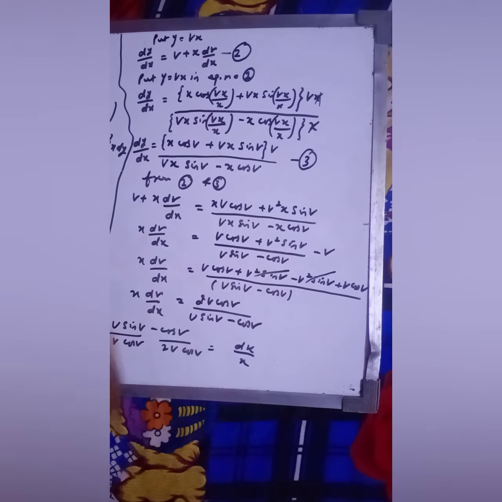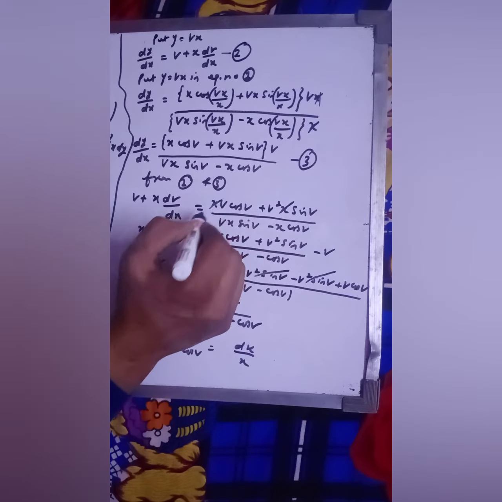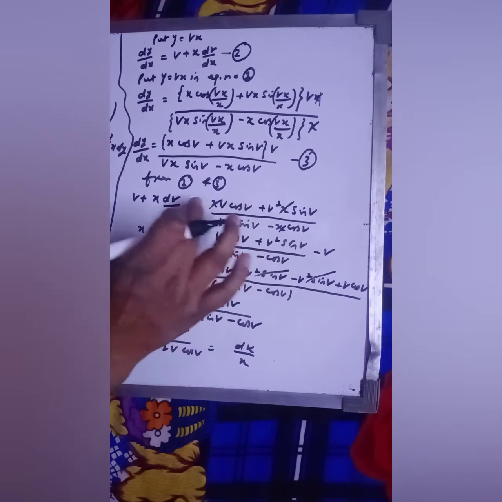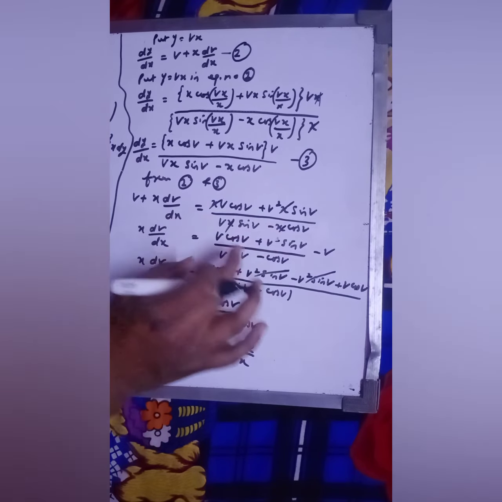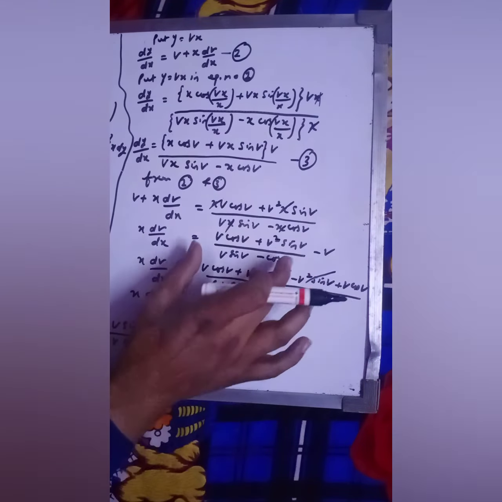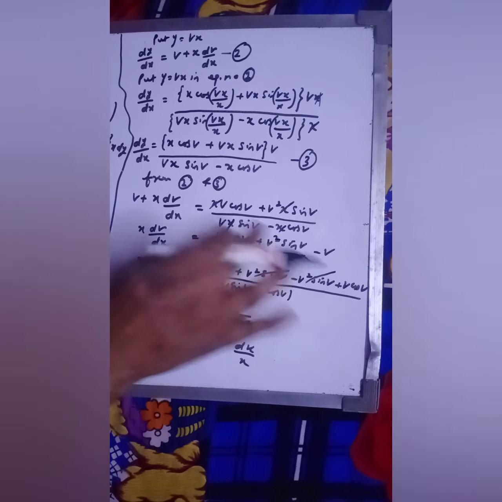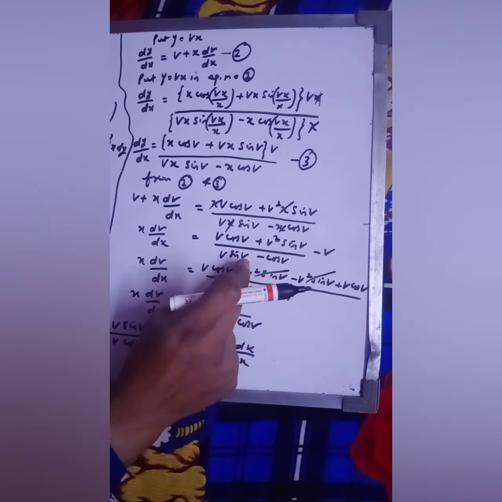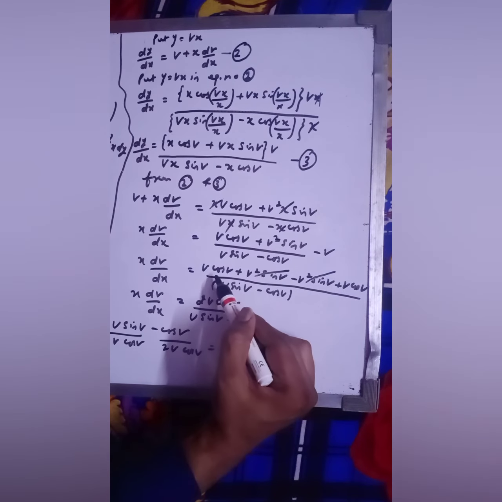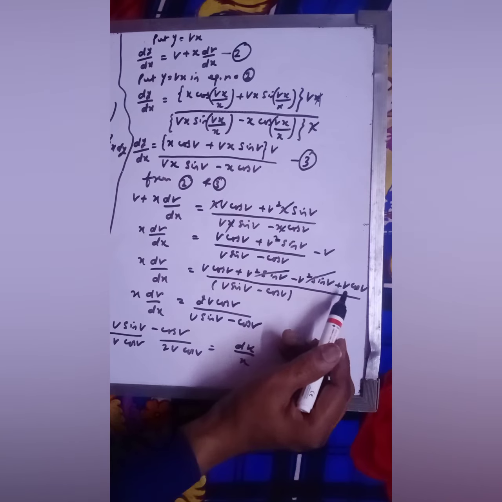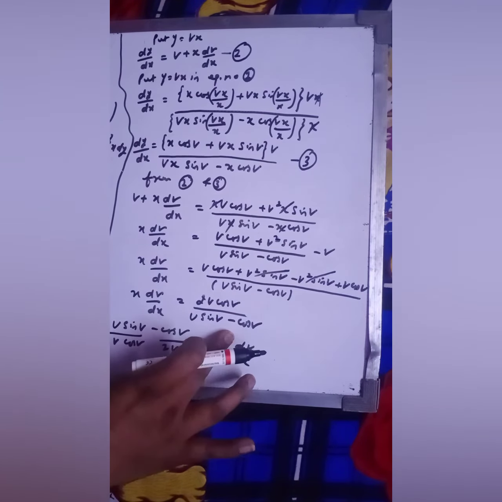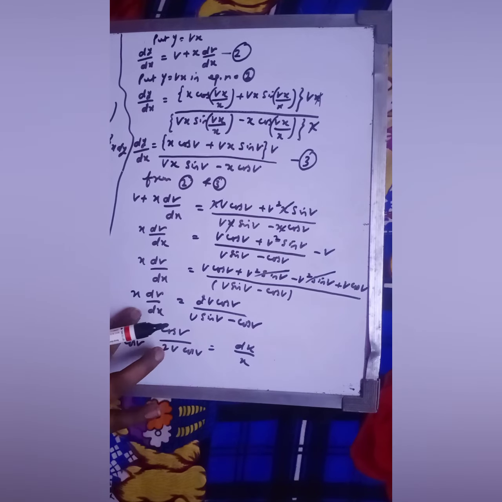And here when you will take x as common, so this x is coming common, it will cancel out with this. Okay, in numerator you can take x common. Similarly in denominator you can take x common. So both of them will cancel out and you will get this term. Okay. So this v I'm shifting on this side, and here you have to take LCM. So after taking LCM, this and this term will cancel out, and this is v cos v, and this will be plus v cos v. So this will be twice v cos v, and over this, and here it will remain the same.